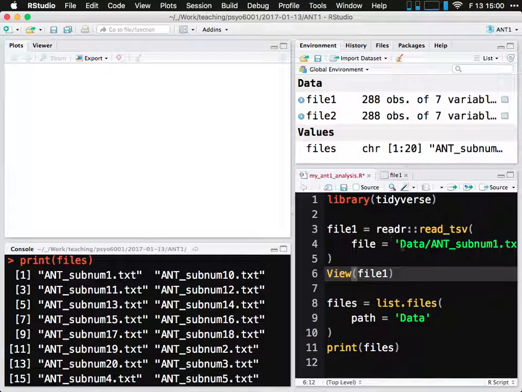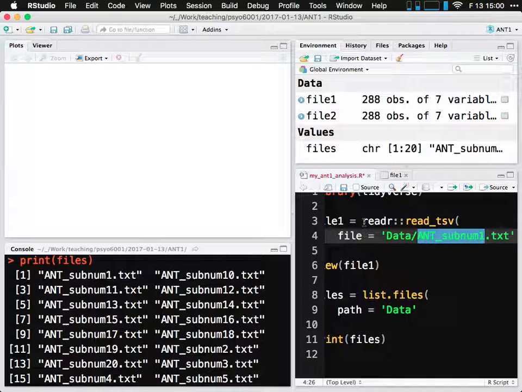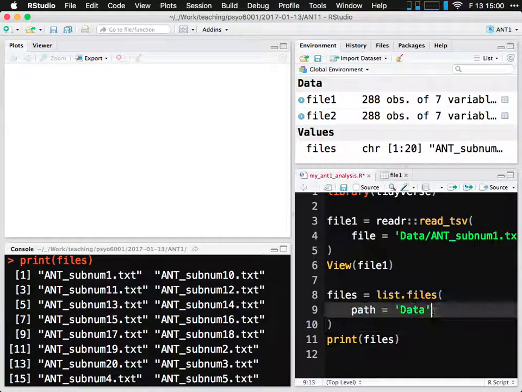If I want to be reading in each of these files, here's the example of using read_tsv that worked. And here's the strings that point to each of the files. What's different about these two strings? So data and the print files string. Exactly. So list.files has given us the names of the files it has found in the data directory, but